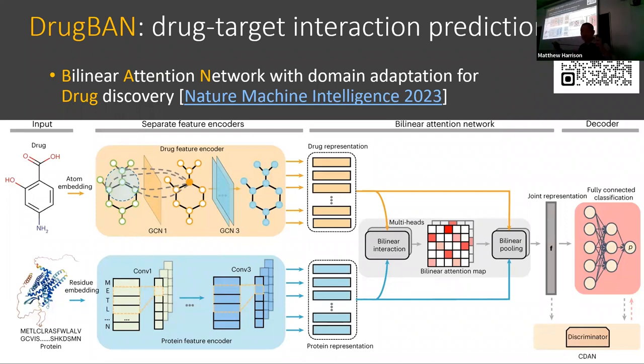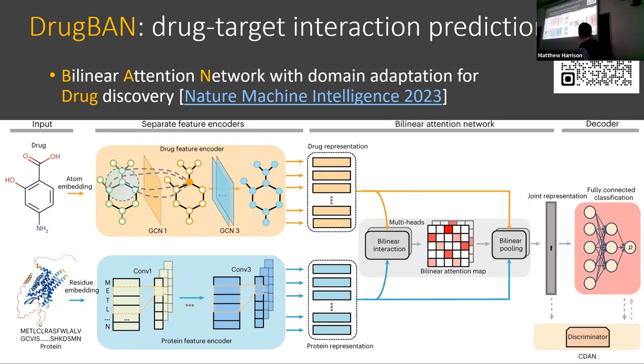When the drug binds with the target, it should happen at the substructure level. So we want to explicitly model the interaction between the substructures. For example, this row can be the drug representation, that is the protein representation, and this will model the interaction between a particular atom and a particular subsequence of the protein. And we also use multi-head attention, which basically is to say that we assume that there are multiple relationships,